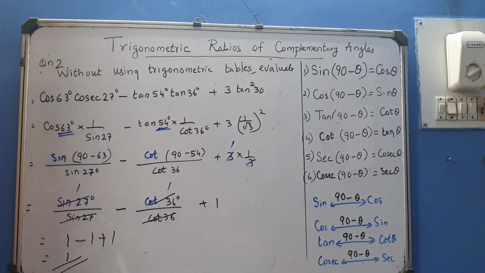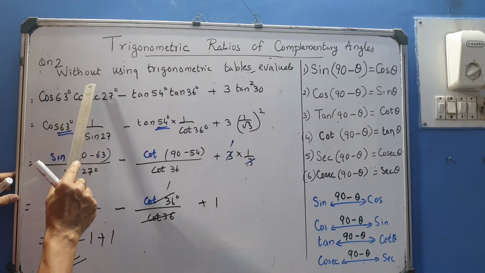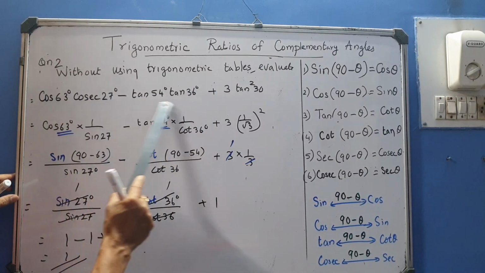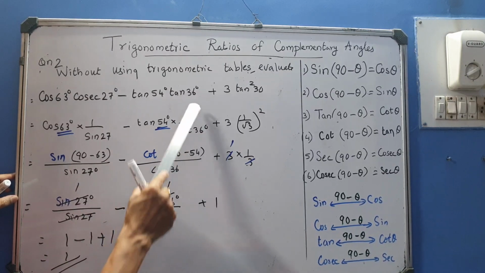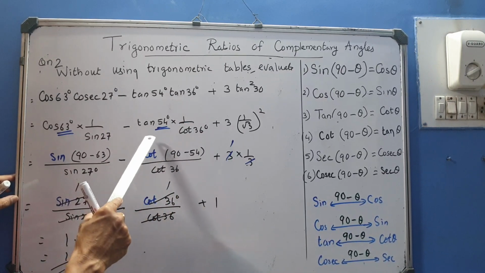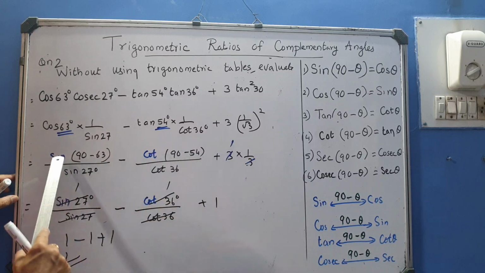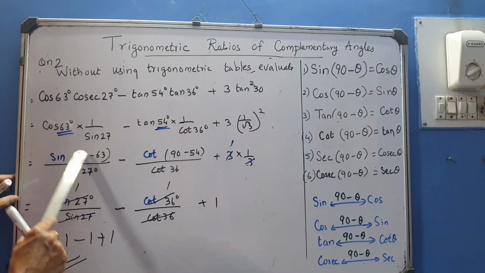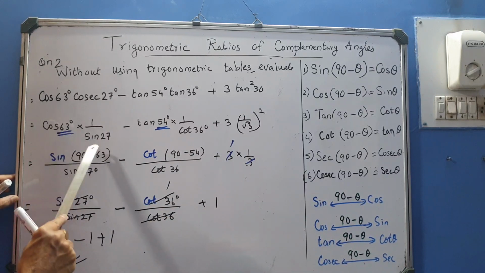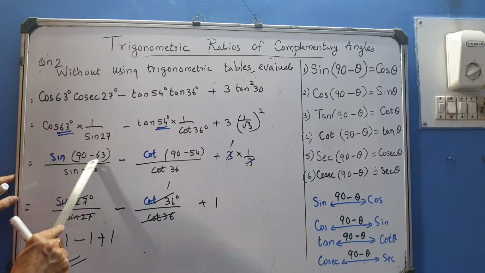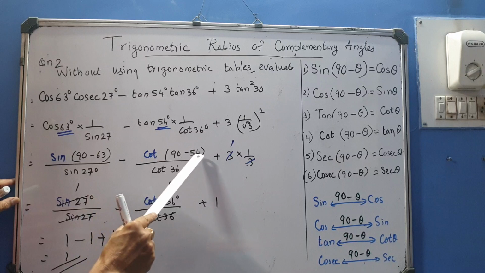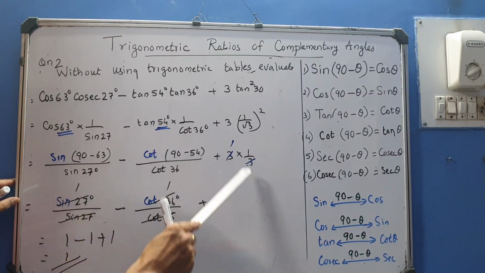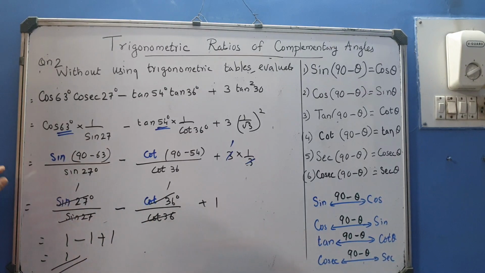So don't think that you can only do the denominator. You can change either the numerator or the denominator. First I change cosec into 1 by sin. There are two tans. One of the tans changes into cot. I change the second one, but you could do the first one also. This is a standard angle. Now I find the complement of 63, which becomes cos. Here I change this one. 90 minus 54, tan becomes cot, this is a standard angle, simplify and get 1.